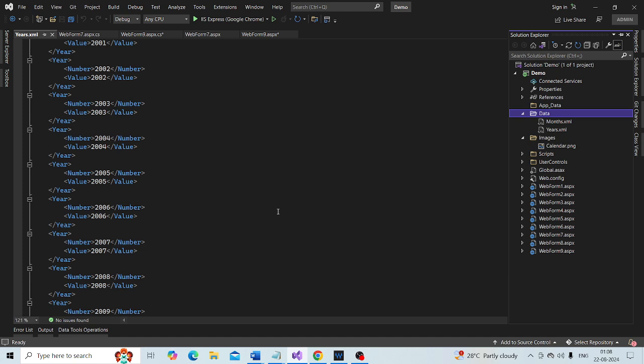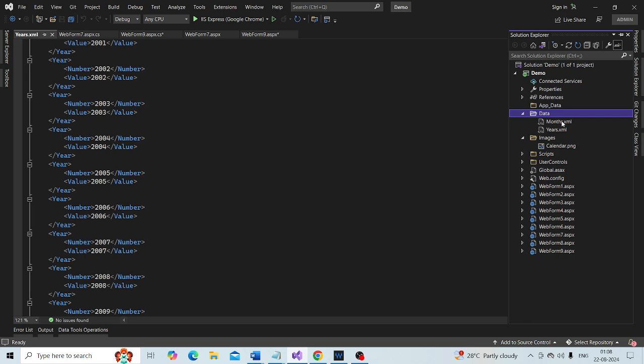Then copy and paste the XML data there. Similarly, I am going to have another XML file for months, to store the months.